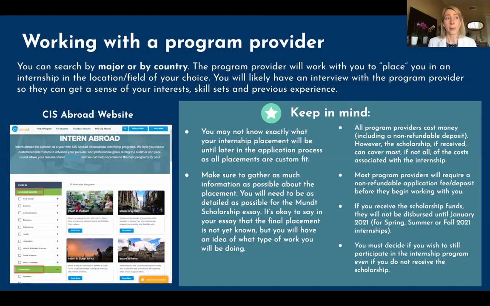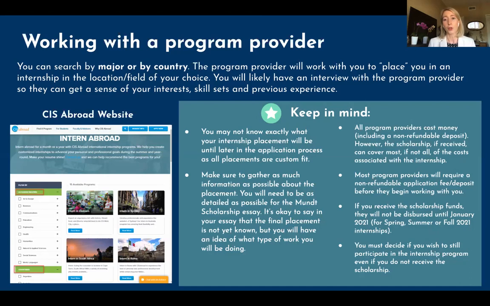Typically before the application, the final program payment deadlines are with the program provider. So a huge lump sum of it wouldn't be out of your pocket. You would know by that point whether you received the scholarship, and therefore you could pay the program provider directly because you would have had that award amount dispersed to you by January 2021. And typically most payment deadlines, for instance, summer programs, might not be until March. So that's kind of helpful now for students with this new application process, which I'm going to get into shortly.